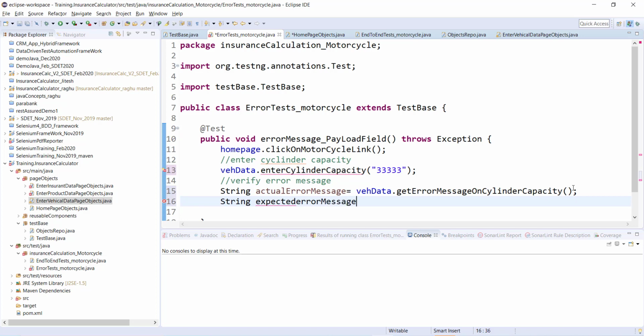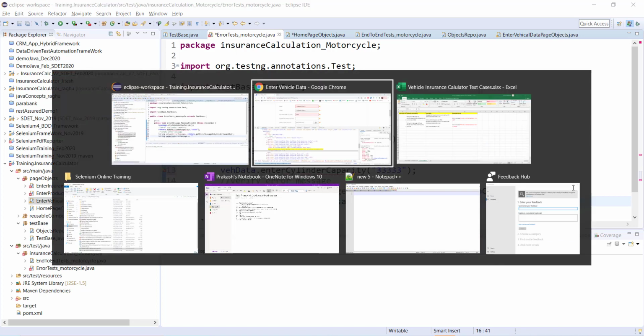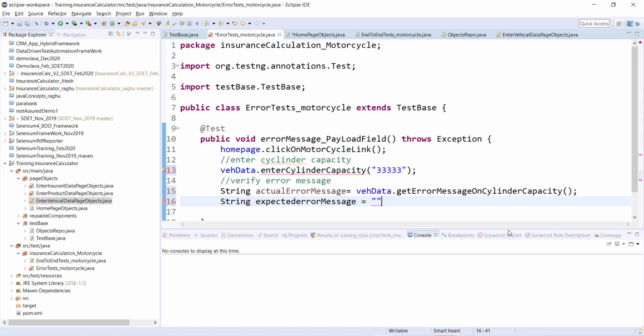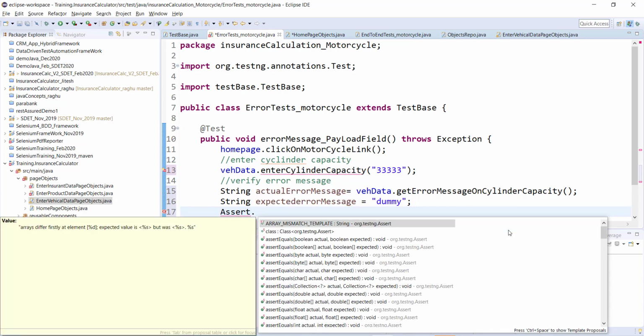Expected error message is equal to whatever error message it is, right? So for example, let me write down initially dummy, so that we will get to know what happens if the test case fails, right? And now you should be aware of the assertion part from TestNG. We do not use if else statements to compare things, we use asserts. So assert is coming from TestNG. So if I do Assert.assertEquals,